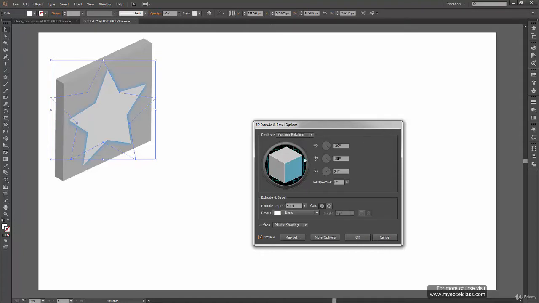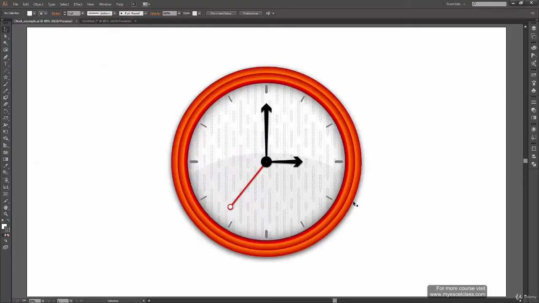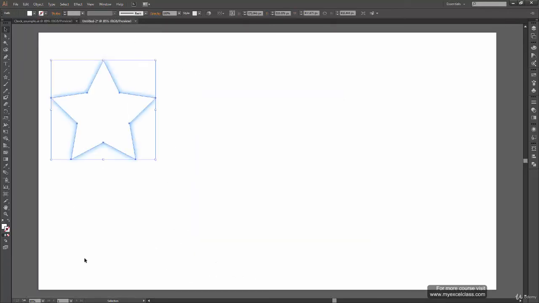Okay, so we are going to cover these effects in future videos. But if you want to experiment, you are free to do so. And I'm going to click cancel here. So yeah, I hope you have understood the drop shadow effect. So let's jump back to our example here. Since we know how to create the shadow, now we only have to learn how to create the rest of the clock. So let's begin our example and let's start the creation process.